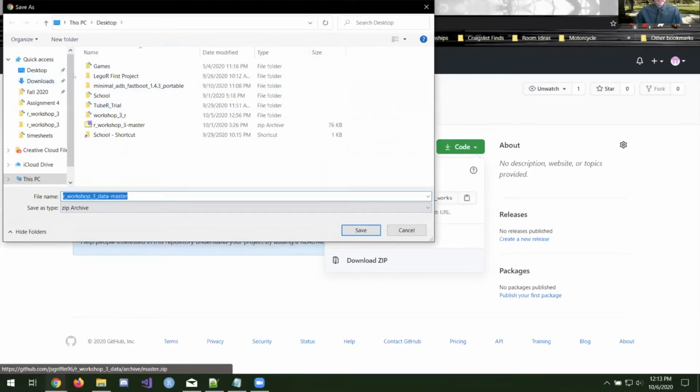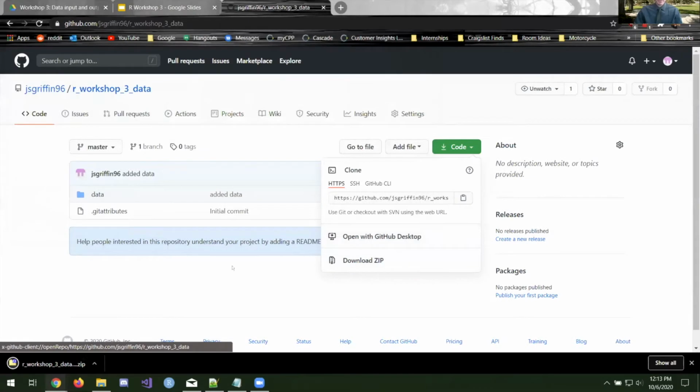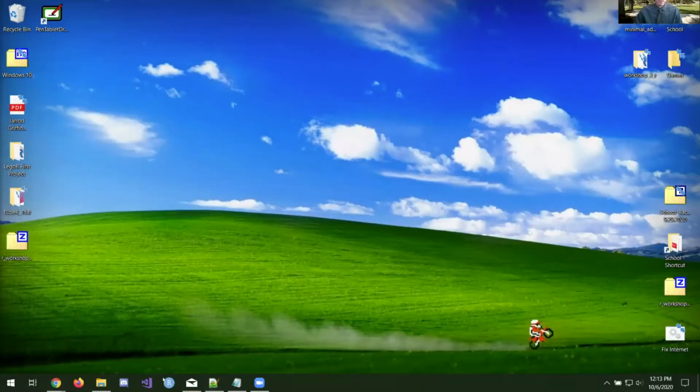and you will be taken to your little download menu. And I'm just going to save this on my desktop for now. So I'll click save. And we will get back to this in a minute or two. So we can actually open up RStudio now